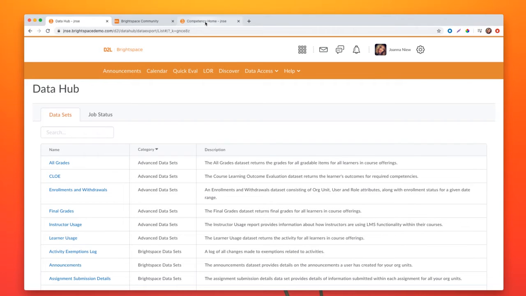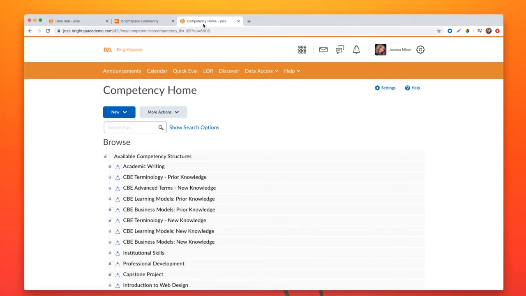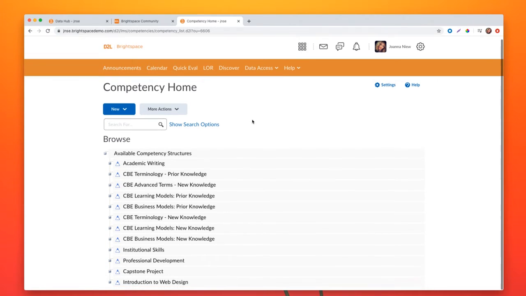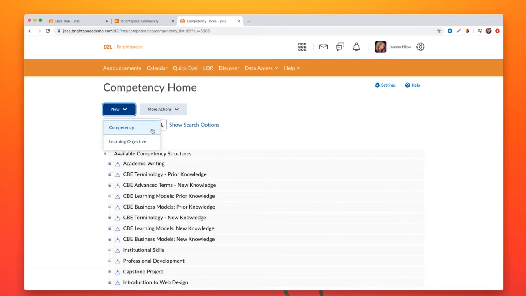Perfect. Now, diving into a little bit more of that learning outcome tracking and reporting, you're definitely going to become very familiar with our competencies tool. As you can see, the competencies tool within the Brightspace platform allows you to create competencies and learning objectives based on a bit of a category formula, where we have the competency, and into the competency tie in the learning objectives. As you can see, I have what we would call program specific competency set up, but